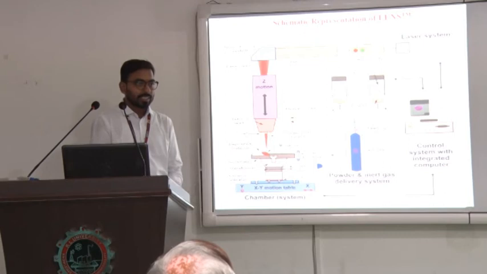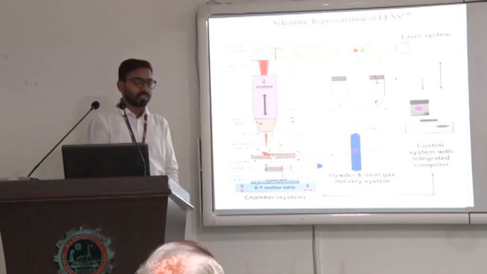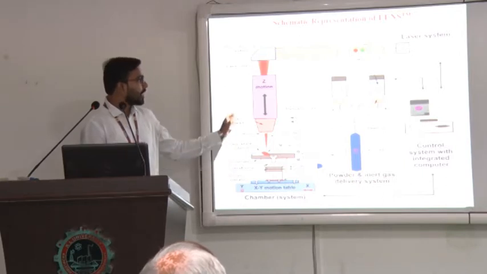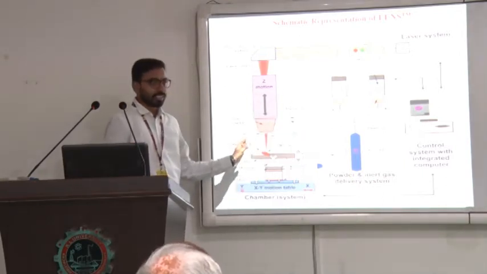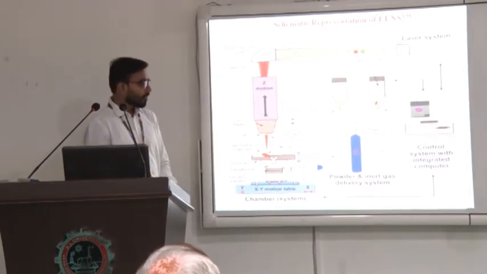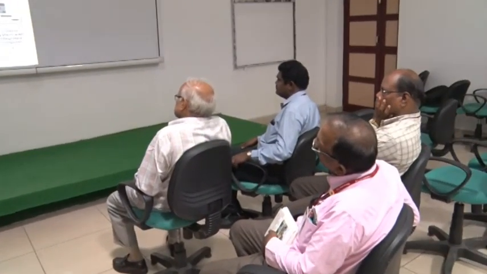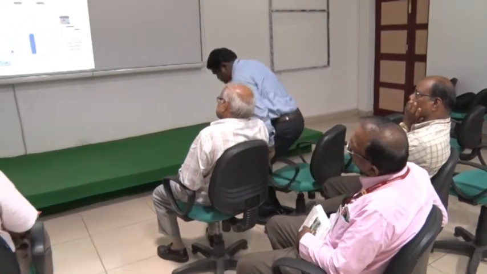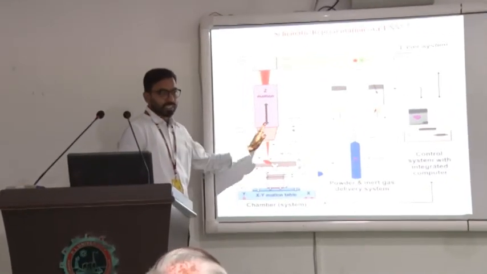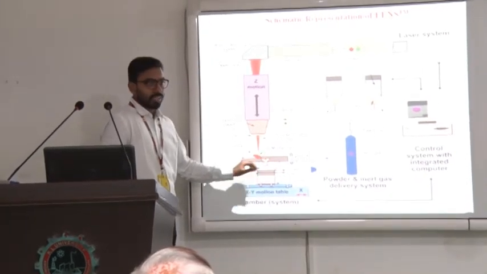the argon gas. It is circulated to avoid a high oxidation rate in the build chamber and to maintain the oxygen atmosphere constantly, with the oxygen level kept below 10 ppm. Laser is supplied here and the build substrate is here. The sample is deposited on the substrate here. The CNC plate moves in XY movement and the laser head moves in the Z direction. By controlling all these process parameters, the component will be built here.